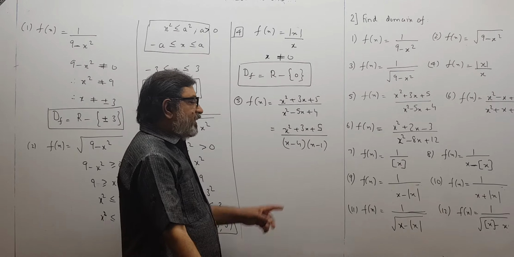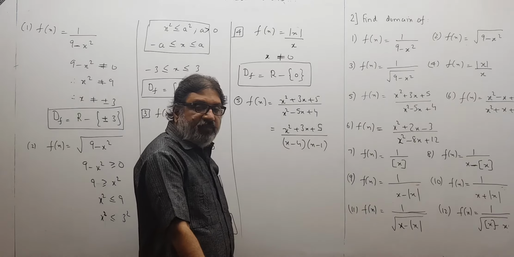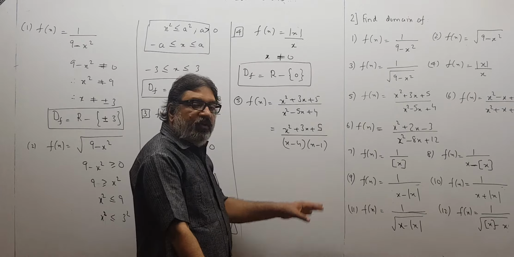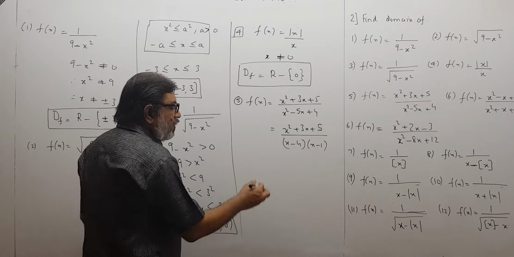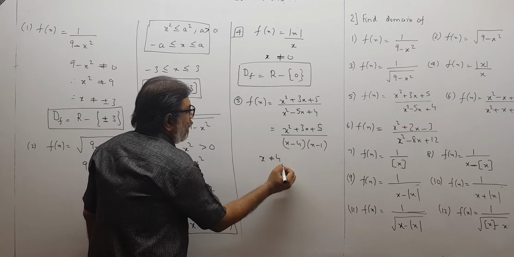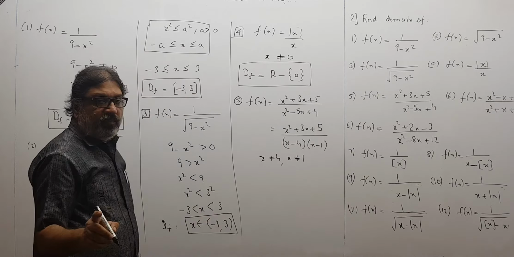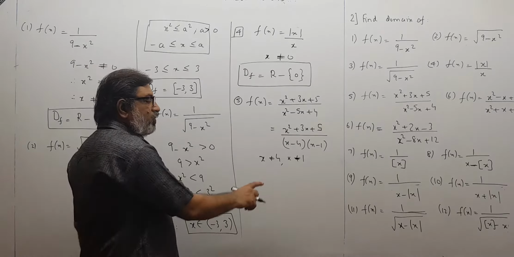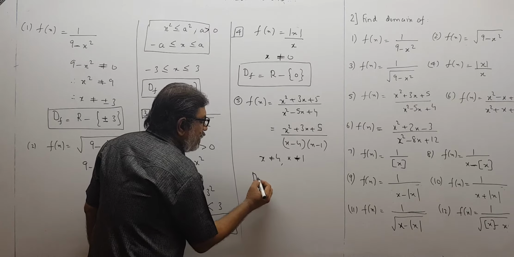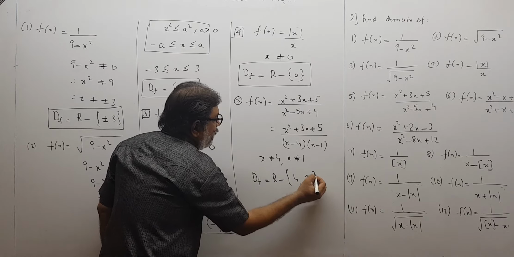So now I know if x is 4 or if x is 1, this will become 0 and f(x) will be in trouble then. For all remaining values of x, f will always be defined. So I make out that x should not be 4 and x should not be 1, because the denominator should not be 0. But for x equal to 4 and x equal to 1, it is becoming 0. Therefore x should not be 4, x should not be 1. So what is the domain? Only these two elements are getting removed, 4 and 1. That is it.